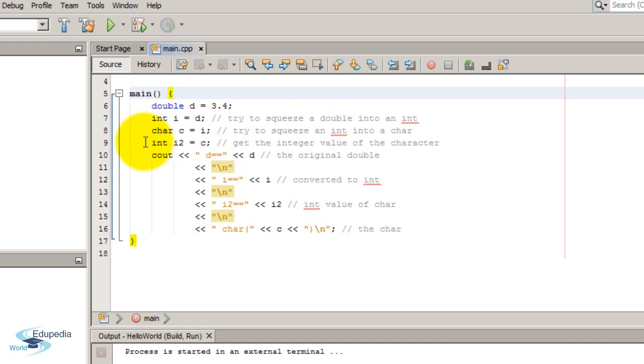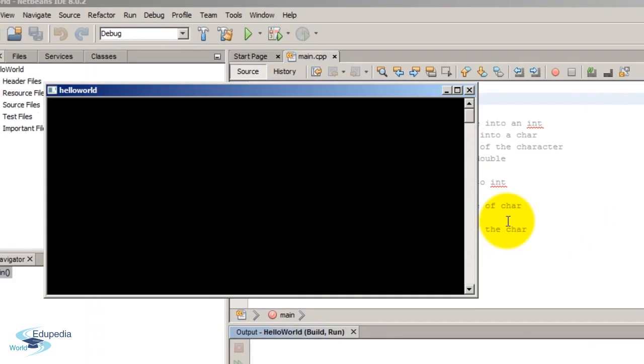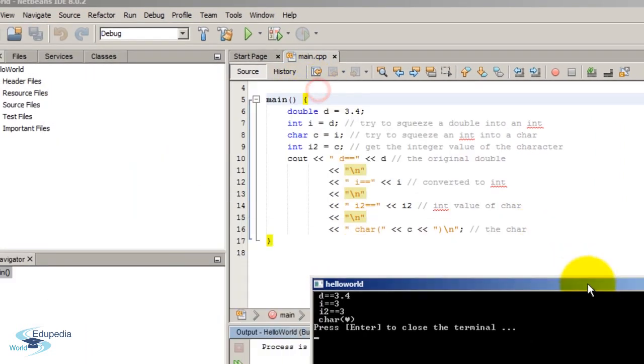In the fourth statement, I define another int variable i2 and try to assign the variable c into it. In the cout, I am trying to get the outputs of the variable d, variable i, variable i2 and the character variable c. Let's execute this program and see what output we obtain.